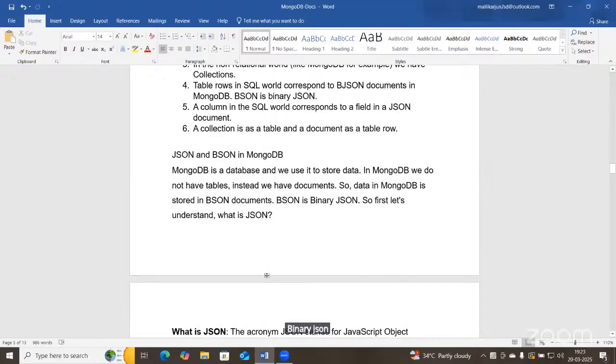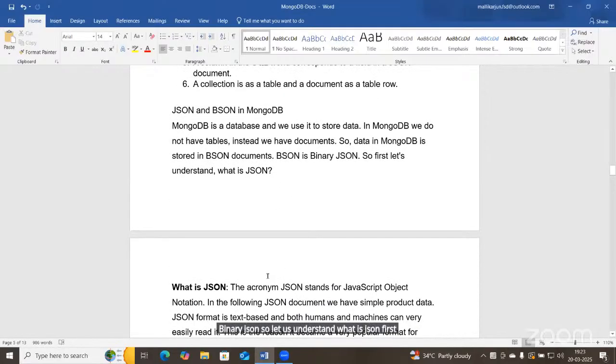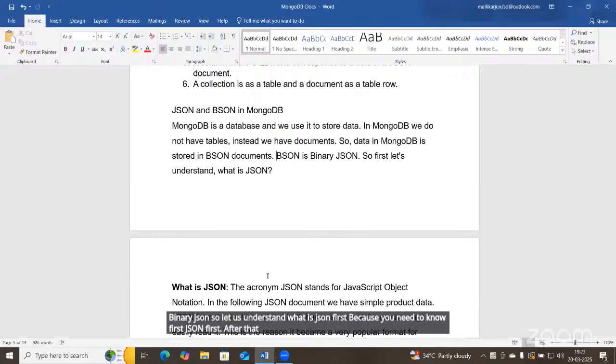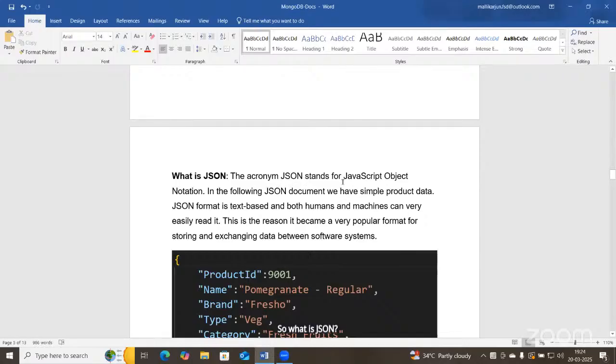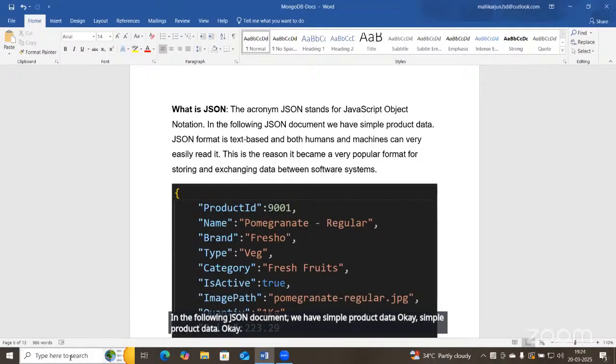So let us understand what JSON is first, because you need to know JSON first. After that, we'll think about BSON, because it works with JSON. So what is JSON? The acronym JSON stands for JavaScript Object Notation. Last day I explained about ORM, Object Relational Mapping. In the following JSON document, we have simple product data. Suppose, for example,